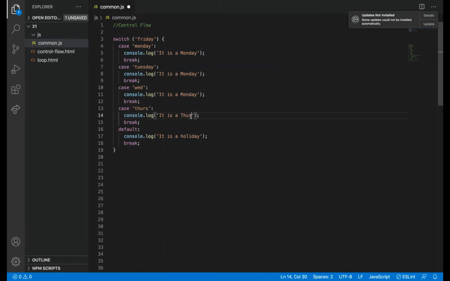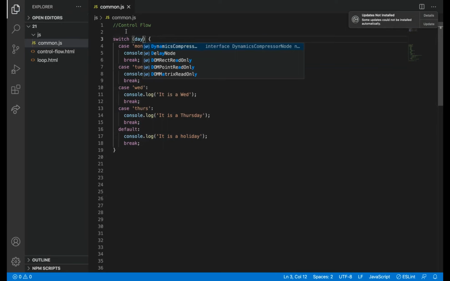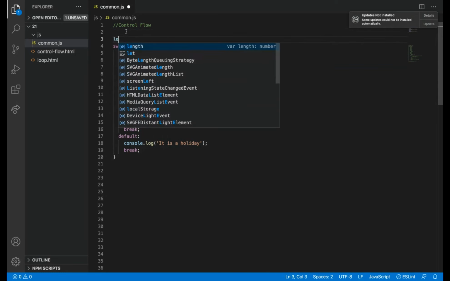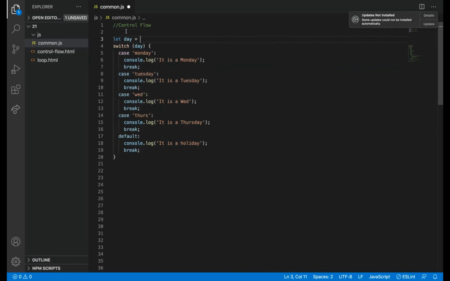Thursday, Wednesday, Tuesday. And then instead of this, I'm just passing let day equal to Tuesday. Just we will check this.